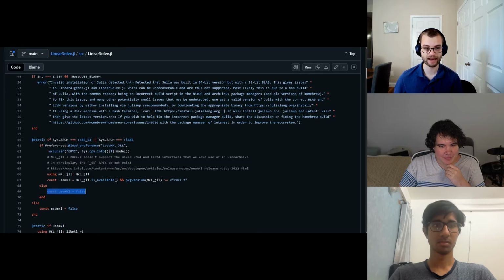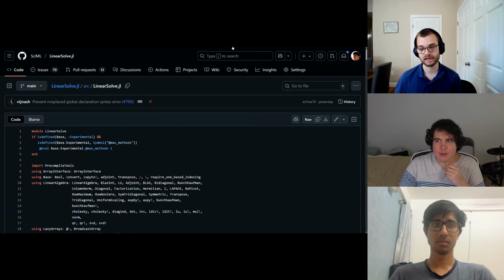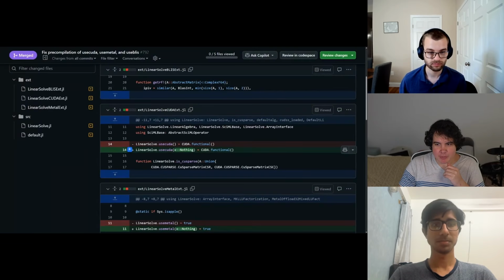Basically the rule is that you have to be able to tell ahead of time what algorithm you're going to use. Because if you don't know ahead of time what algorithm you're going to use, you have to compile the code for all of the algorithms. And some of those algorithms might not work on your system. So, for example, if you dynamically might pick CUDA as one of your algorithms, but you don't have an NVIDIA GPU, that's going to be a problem. So you want to make sure that those choices are made statically based on system rather than based on the system dynamically. Well, and one of the things that we had before is we just say, use CUDA if CUDA.functional,